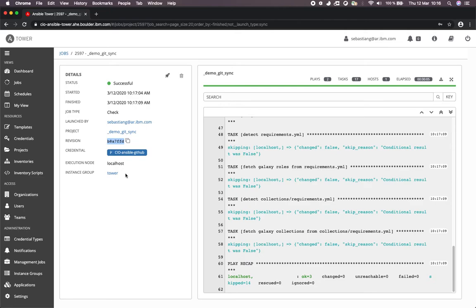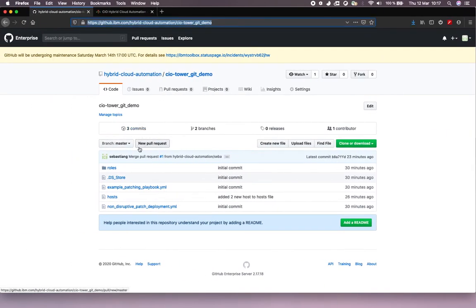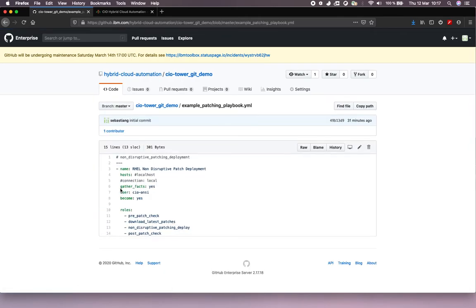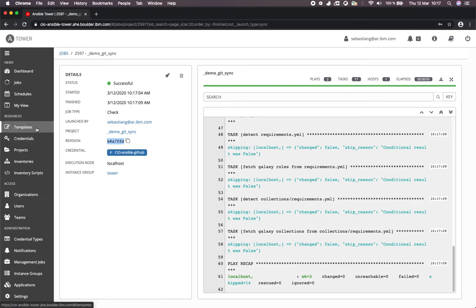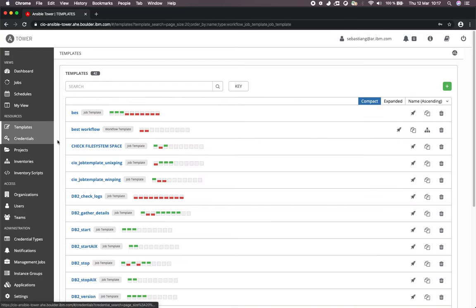Okay, what else? As I told you, in this project we can hold playbooks, roles, inventory, or inventory scripts, right? In this repository, we have playbooks and we have inventory files. So I'm going to show you very fast also how to create a template where I'm going to choose a playbook to run. Let's create a job template,